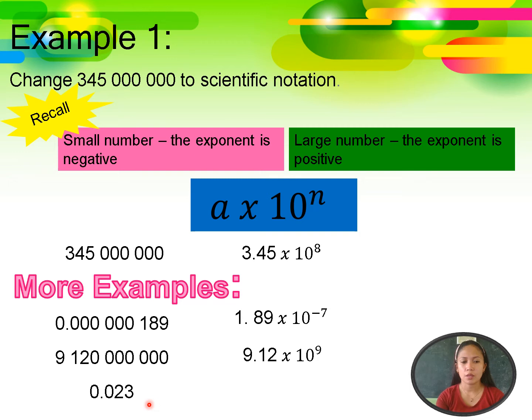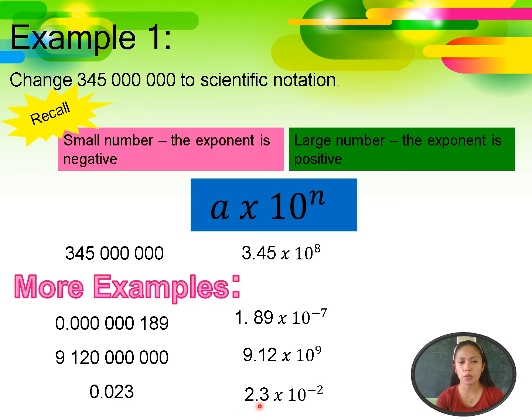0.023. Is this a small number or a large number? Yes, it's a small number. So if we're going to write it in scientific notation, that is 2.3 times 10 to the power of negative 2. Where did we get these numbers here? So we have here the decimal point. We'll move it to the right, 1 and 2. So we'll stop here because we already have